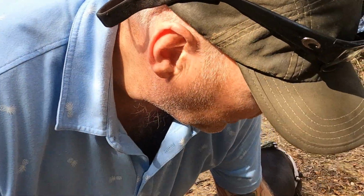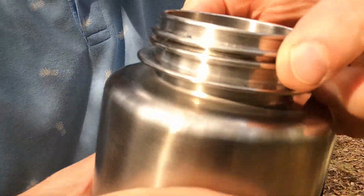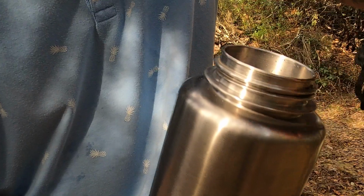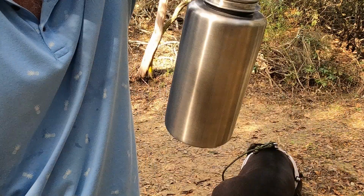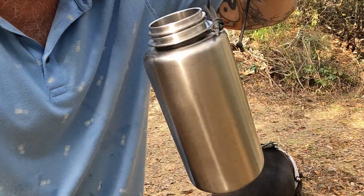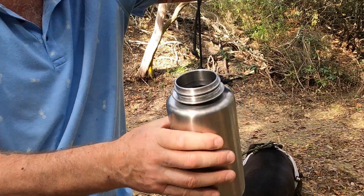One of the reasons I chose this is if you look, the threads are real prominent on the outside, but they're not pressed in. A lot of cheaper flasks, they're just pressed. These are real prominent, and you've got that big area at the bottom of the threads there that you can wrap a bit of wire, paracord, whatever, and you can then suspend your flask above a fire, boil some water, cook some soup in it or something, or dunk it into a river from a bridge with a long length of paracord